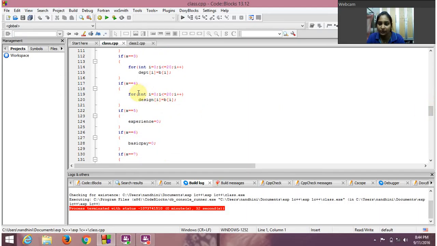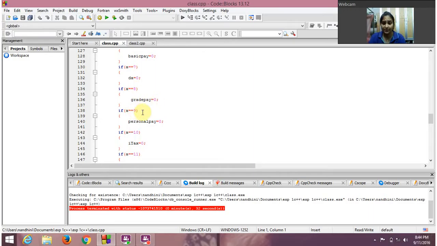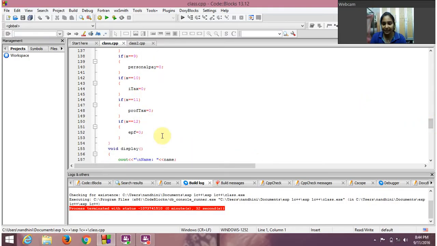The same thing will be given for the loop, and design[I] will be b[I], and if A is equal to 5, experience will be equal to 0, if A is equal to 6, basic pay will be equal to 0, and if A is equal to 7, DA will be 0, and if A is equal to 8, grade pay will be equal to 0, if A is equal to 9, personal pay will be 0, and if A is equal to 10, I tax will be 0. And if A is equal to 11, professional tax will be 0, A is equal to 12, EPF will be